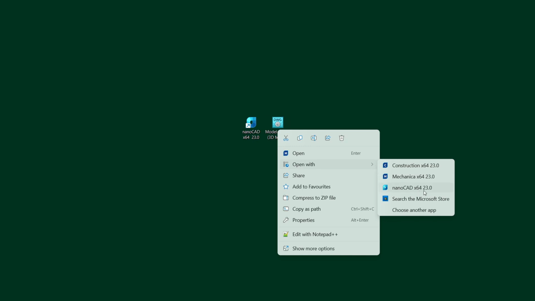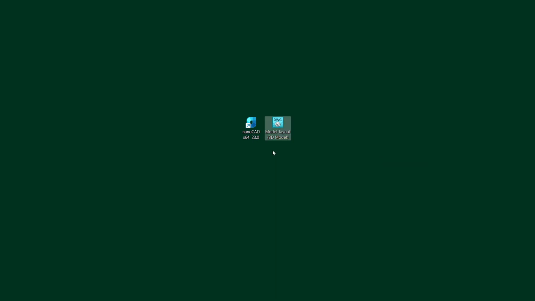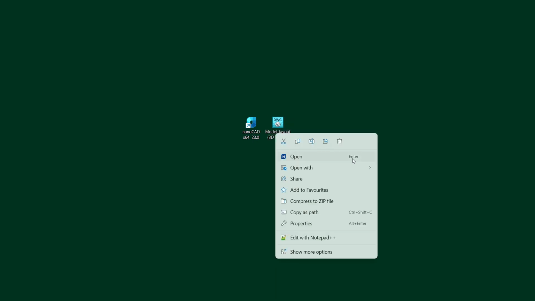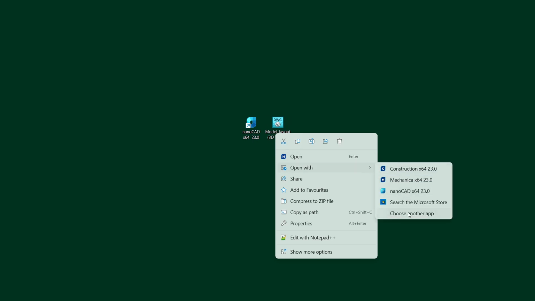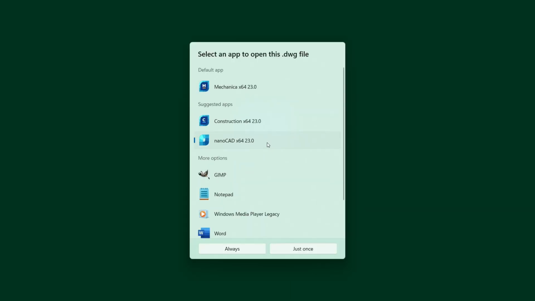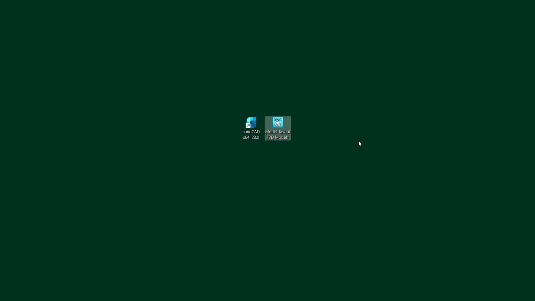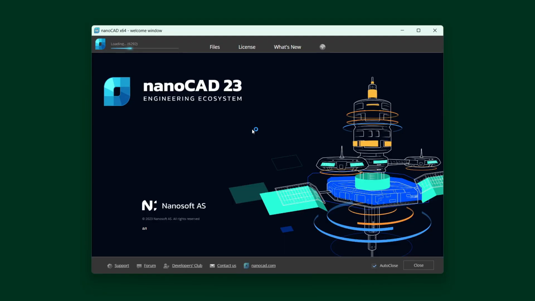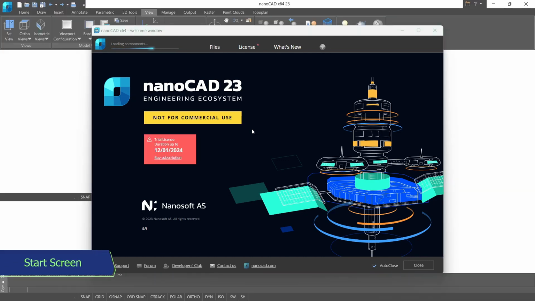Choose Open With and select nanoCAD platform from the drop-down list, and if it's not there, we can dig into the folders and find the one where the program is stored. Let's open nanoCAD either by double-clicking or through the context menu. Upon startup,